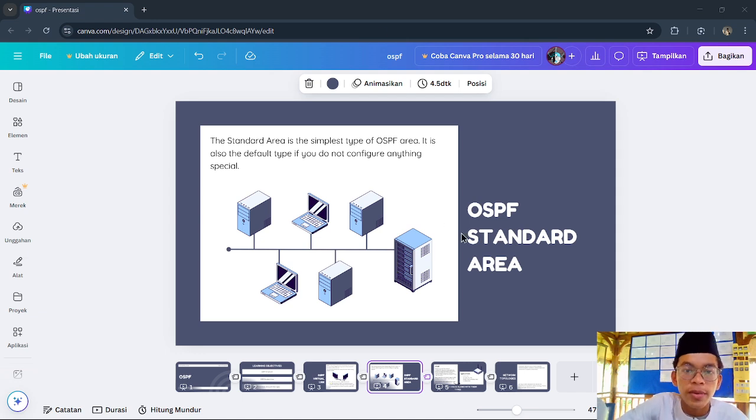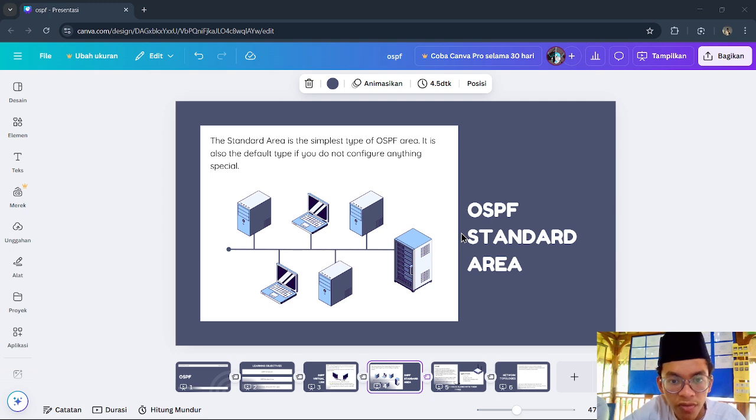Then number 3 is stub area. So stub area, why do we need stub areas? In large OSPF networks, the routing table can become very large and routers may need to process too many LSAs. This consumes memory and CPU resources.